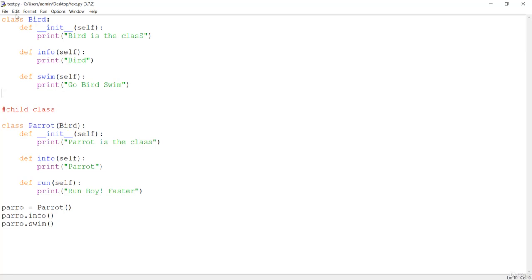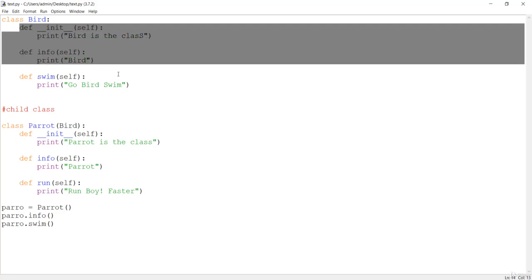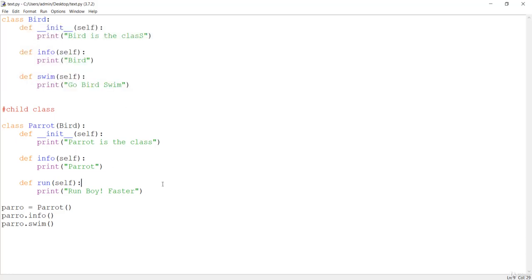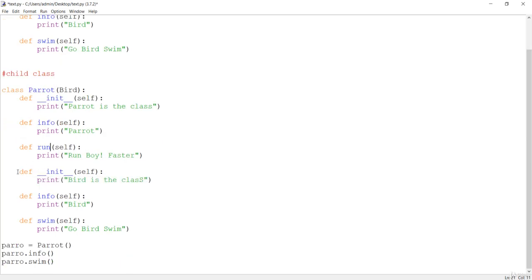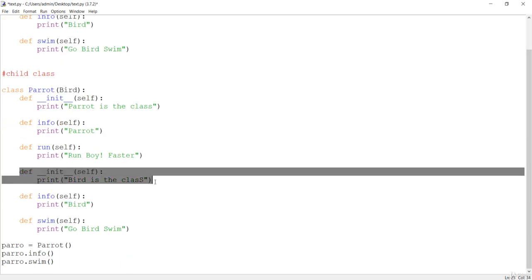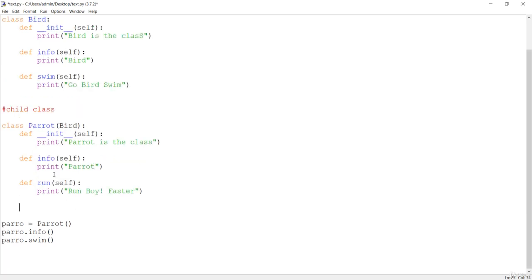So what we just did was inheritance. That means everything that is inside this bird class should also be inside this parrot class. So we just copied everything from this over here. The init method is not going to be copied, but except the init method everything is going to be copied.